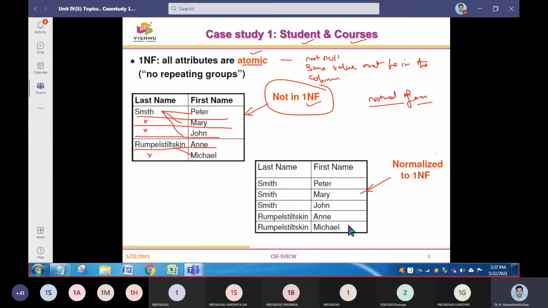Here you can see that Smith was recorded three times. Rao was recorded two times. That is how we figure out the first normal form. So the condition for first normal form was that all the attributes are atomic. There should not be any empty spaces, etc. Repetition is accepted. Okay.